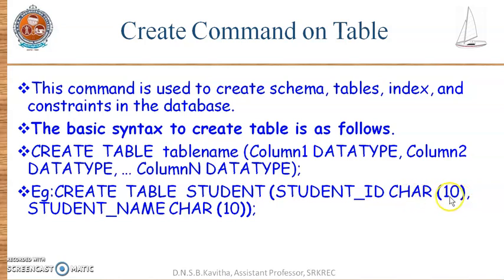And then followed by its size, that means a student number can include 10 characters. And then the next attribute is student name, its data type is character, and we are specifying the size of it, which is 10.